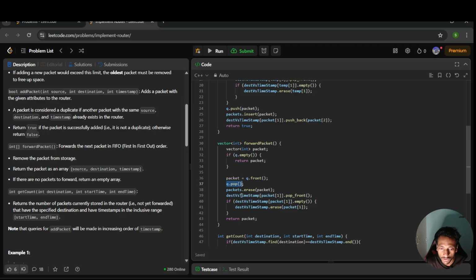Similarly, first I will remove from the set: packets.erase the current packet, whatever we removed or forwarded. Next, in a similar way, before removing we have to check this particular destination. I know that whatever you forward will always be the oldest, so I will pop from the front of the queue of the particular destination. We know the destination of the packet we have forwarded,